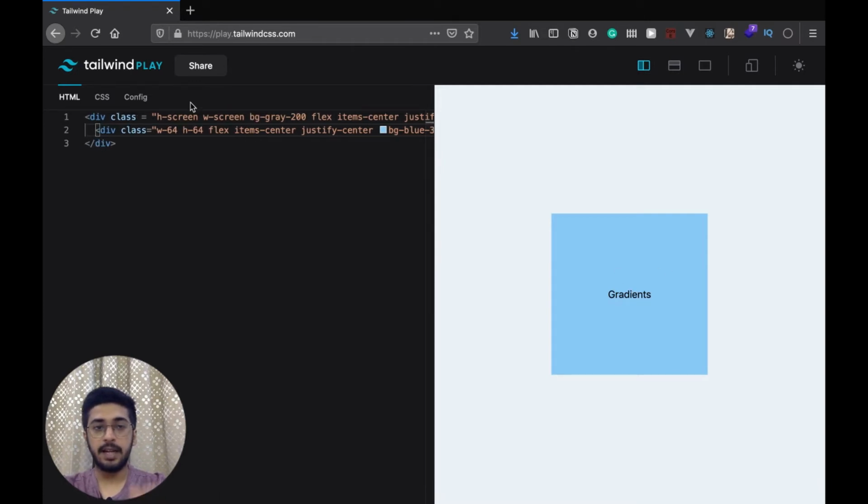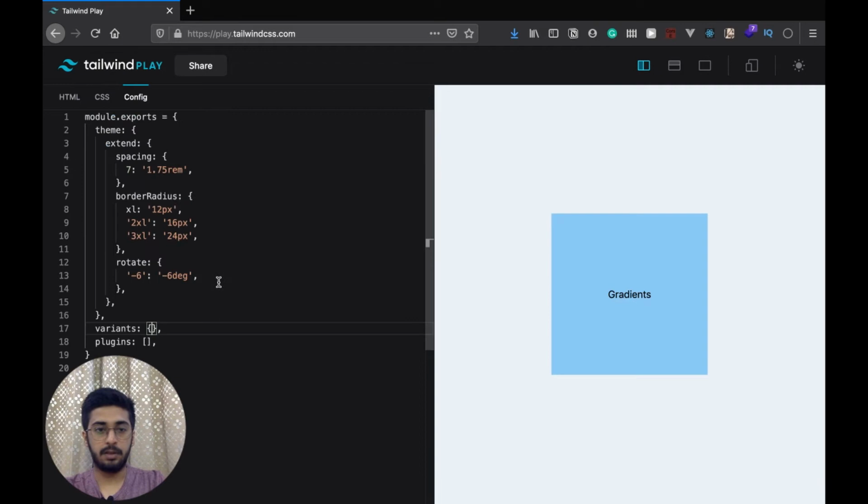But now let's try adding our own shade of blue to it. This is basically the config file that you would have for Tailwind CSS, and if you don't know a lot about it, I'll link up in the cards a video that I made, which was basically a tutorial about making a YouTube clone. And in that I go into the config file and I modify it as well to suit our project. So you can go through that project tutorial and you'll learn a lot about how to set up Tailwind CSS locally as well, and how to modify things through the config file as well.